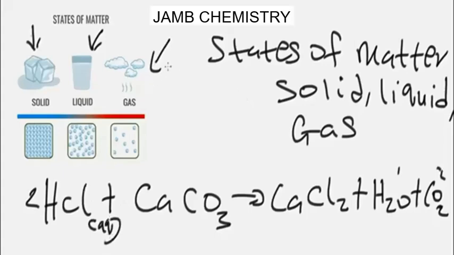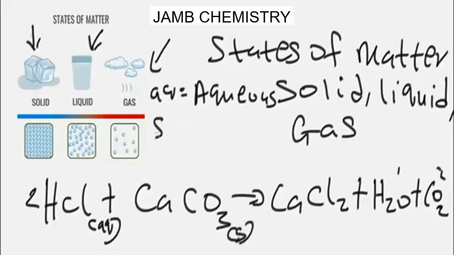In a chemical equation, aq stands for aqueous, and aqueous means that the substance is dissolved in water. So this hydrochloric acid is dissolved in water, and here this substance we have as the small letter s. The small letter s stands for solid, so it shows that the substance is in a solid state. And here this calcium chloride is also aqueous, showing that it is dissolved in water. And we have this water, of course, to be